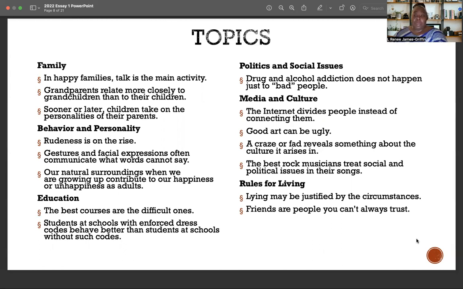My essay, when I begin to write it, is only going to focus on how, sooner or later, children take on the personalities of their parents, right? I'm not going to talk about grandparents relating to their children. I'm not going to talk about how communication is key in families. Those are 2 separate subtopics, and that has nothing to do with the topic that I've chosen for this essay,